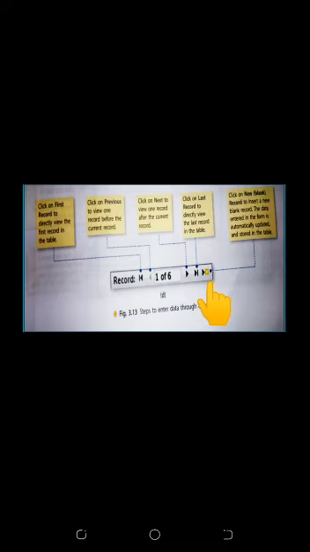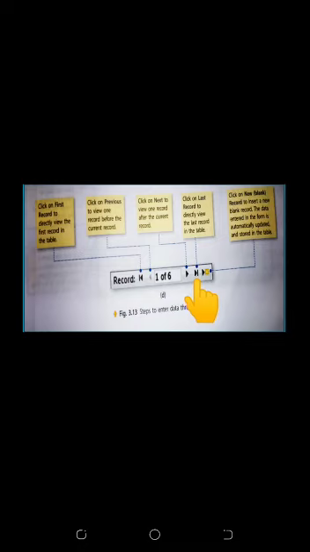Here are some options. This first icon is for moving to the first record. The next icon is for the previous record. If you want to show the previous record, you will click here. On the other side there is an icon for the next record. If you want to move to the next record, you can click here.